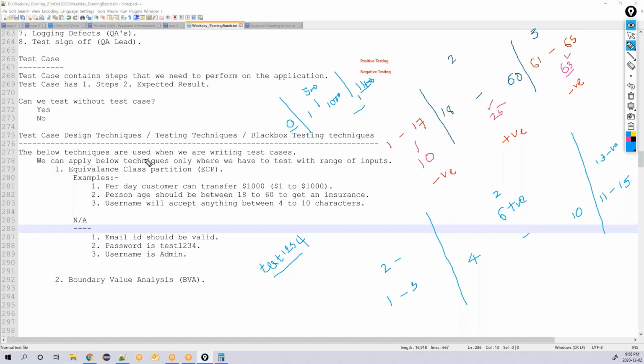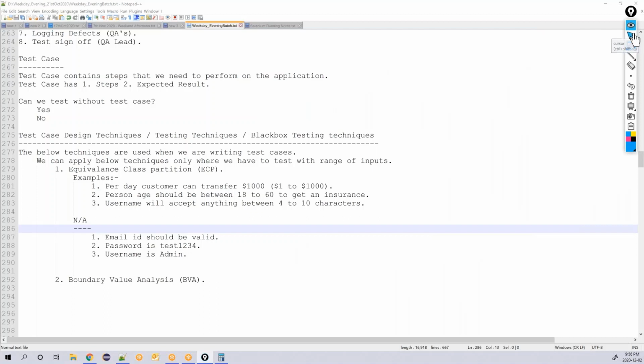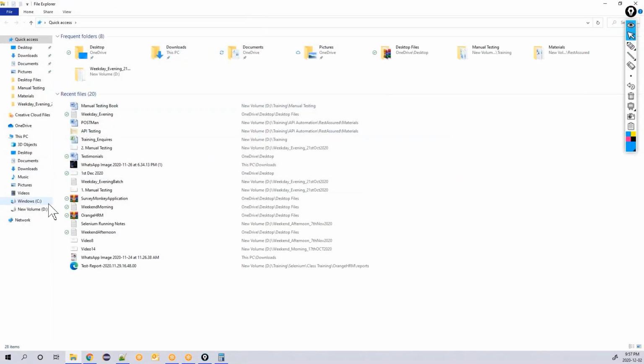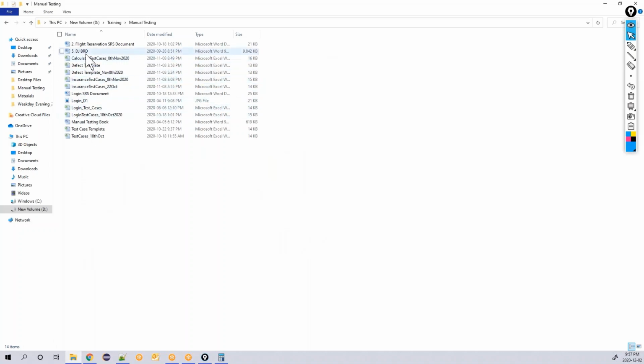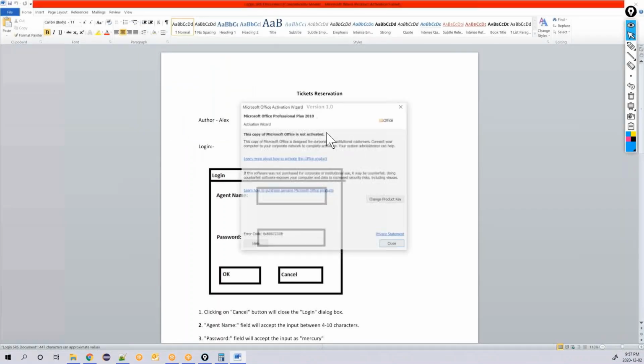All right. So let me clear this off and let me open one SRS document. This SRS document also, I'll be sending today by the end of the session. Let me go here to training, manual testing, and open one simple SRS document to start off with.